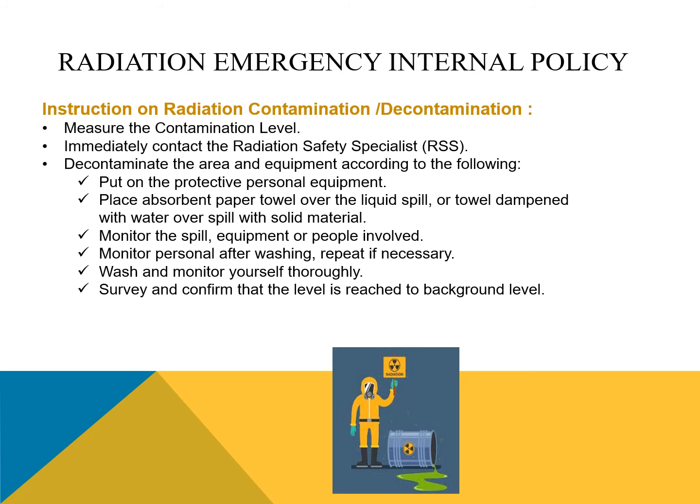First, we have to put on protective personal equipment and place absorbent paper towel over the liquid spill, or a towel compound with water over a spill with solid material, to absorb the radioactive liquid and keep it from spreading over a wide area. And then monitor the spill, equipment, or people involved to know if there is anyone contaminated or any spills in